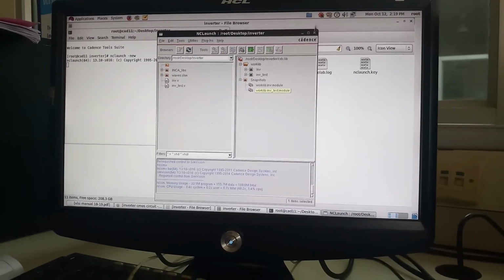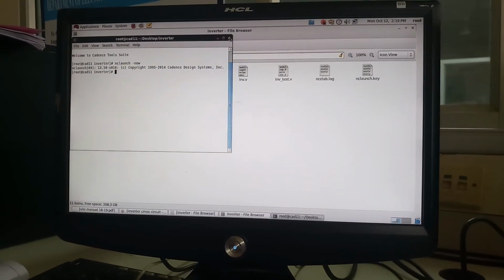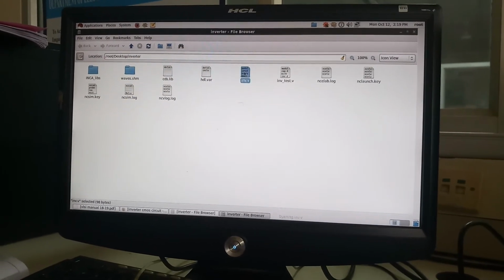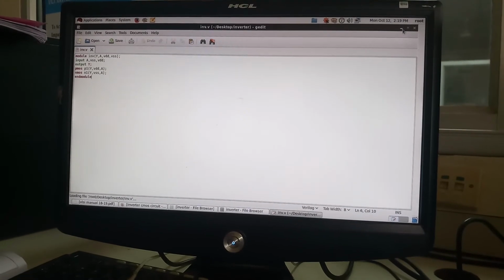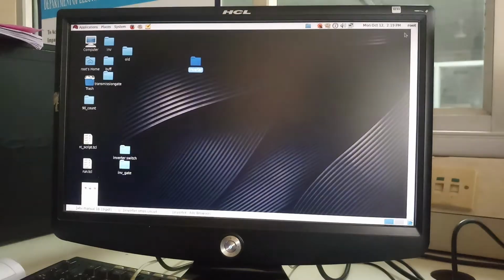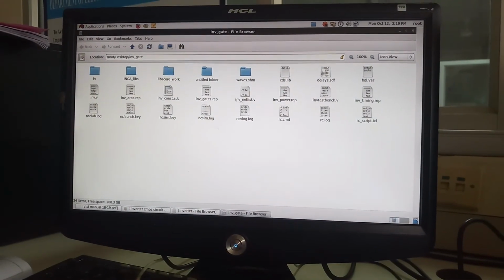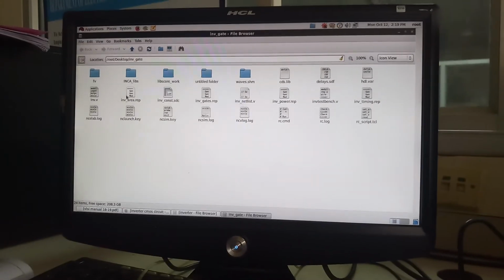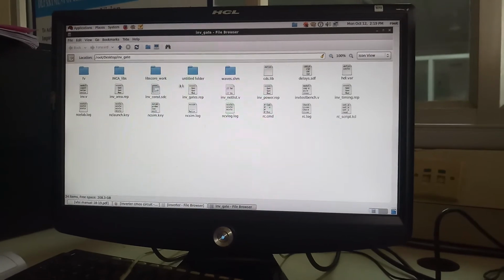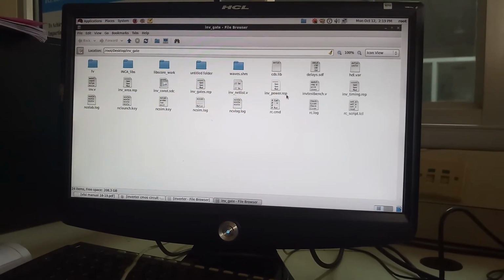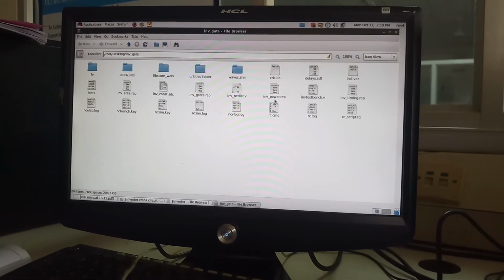Okay. Next, inverter at gate level. The switch level, gate level difference is switches. In switch level we are using PMOS and NMOS, but for gate level we won't use them. I'll show you. Why we have to use it: for switch level we won't get the area, power, timing. For gate level we will get the area, power and timing. So we have to see the area, power, timing.